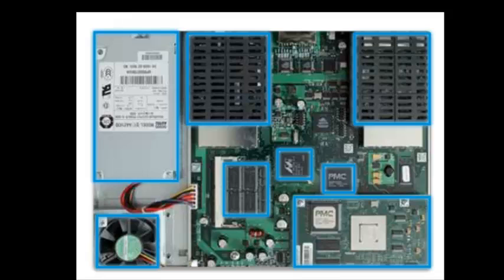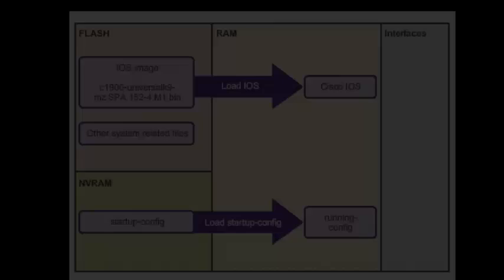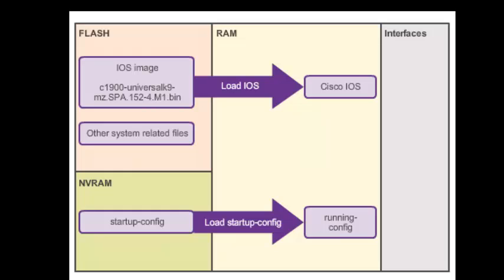The third type of memory is the non-volatile random access memory. This memory is used as permanent storage for the startup configuration file. And finally, the flash memory that is used as permanent storage for the IOS and other system-related files. The general hardware components of a router are CPU, NVRAM, SDRAM, Advanced Integration Module, Shield for WAN interface card, power supply, and a fan. A Cisco 1941 includes the following connections: